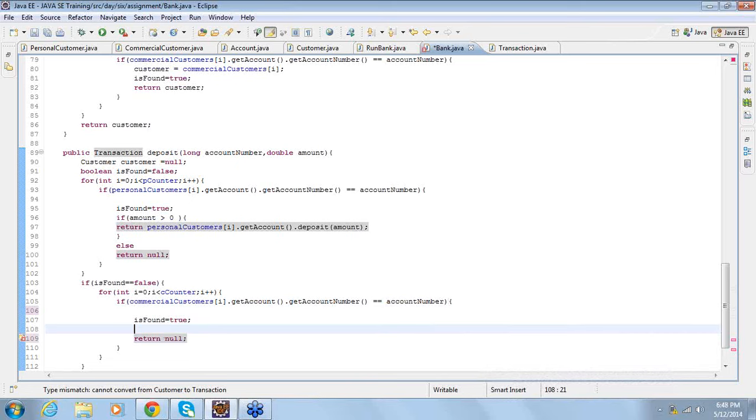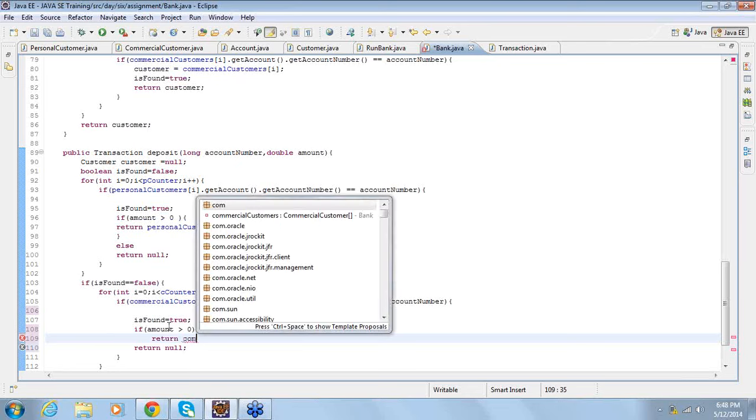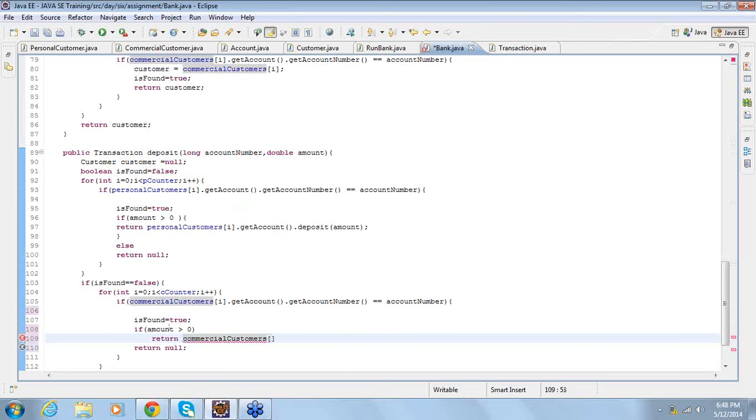Just give me a minute. I go back and check here again. Okay. If amount greater than 0, then return get account dot get account number.